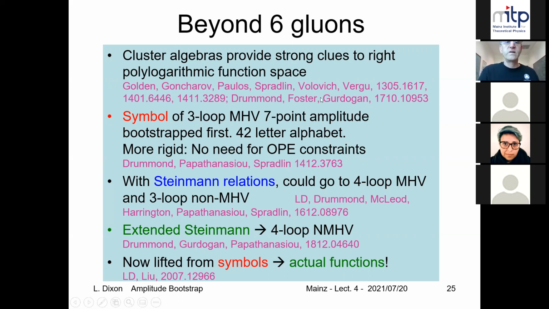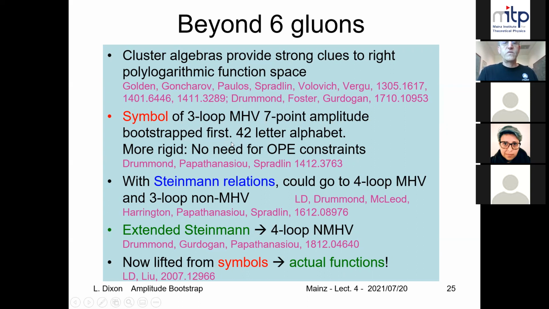In particular, there's a symbol alphabet that was discovered by thinking about these cluster algebras. And that symbol alphabet has not 9 letters, but 42 letters. And it was first used to bootstrap the 3-loop MHV 7-point amplitude. And in fact, it was surprisingly rigid in the sense that once this alphabet was specified in the first entry conditions,